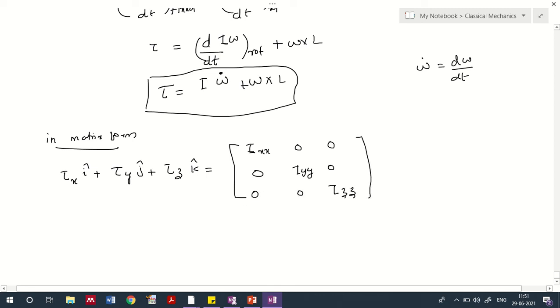I keep the off-diagonal elements as 0, and omega dot is here, so I can represent it as I omega x dot, j omega y dot,